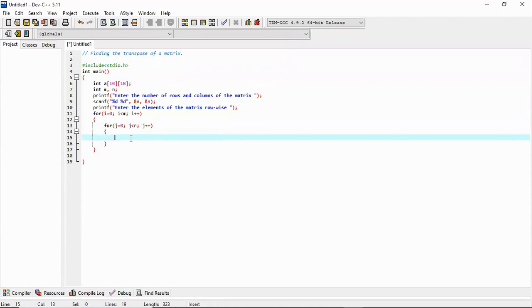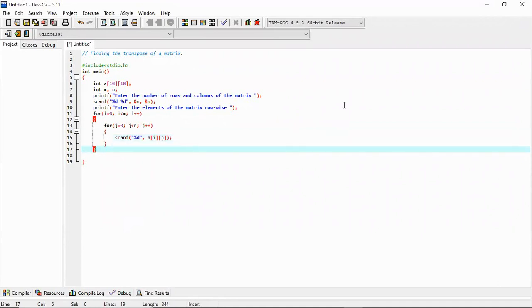Then we will put the scanf %d. We have to take the elements of the matrix A, so it will be A[i][j]. Done. And this way we will get all the values of this matrix.